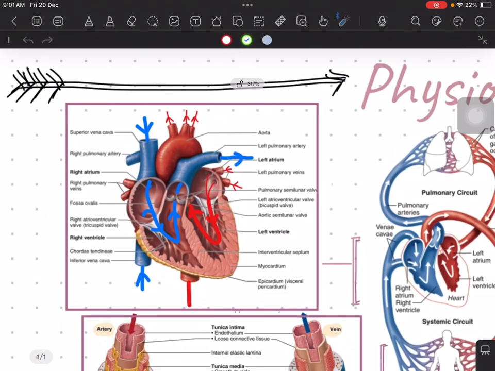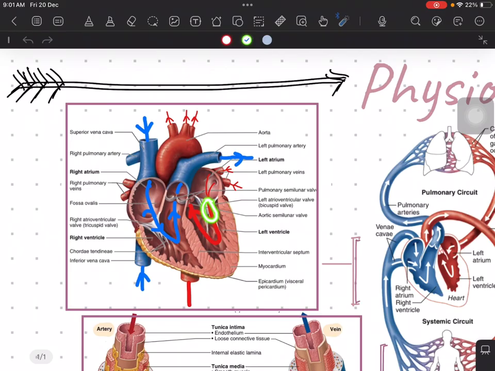For the anatomy of the heart, we have superior vena cava, right pulmonary artery, right atrium, right pulmonary veins, fossa ovalis, right atrioventricular valve, tricuspid valve, right ventricle, chordae tendineae, inferior vena cava. And we have left pulmonary artery, aorta, left atrium, left pulmonary veins, pulmonary semilunar valve, left atrioventricular valve, which is